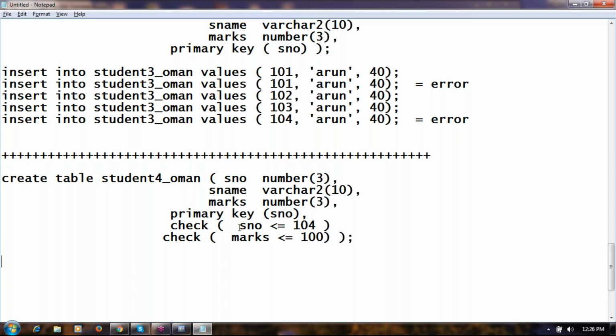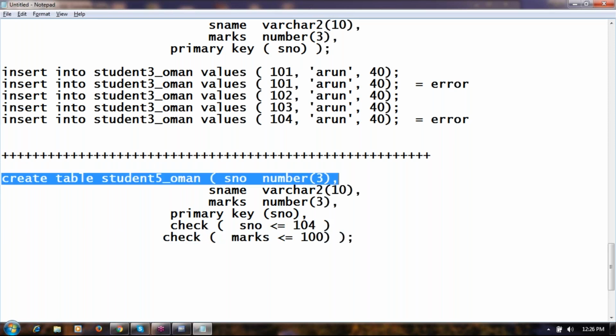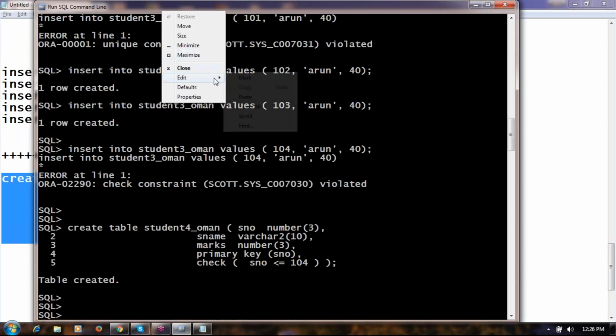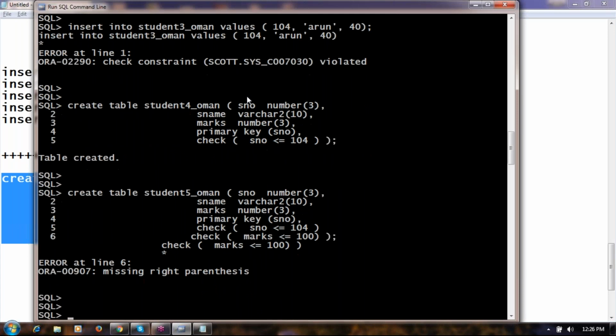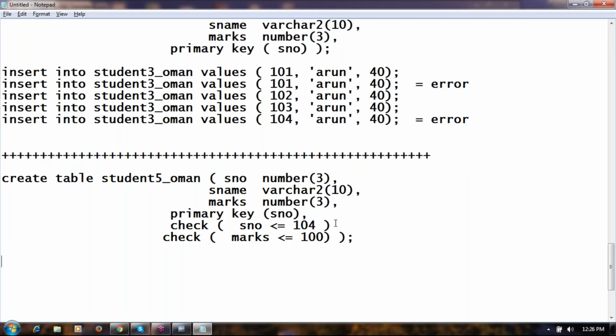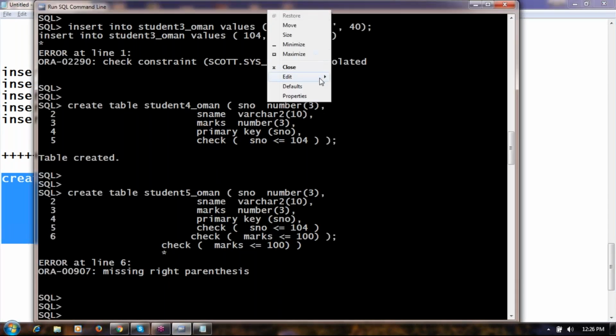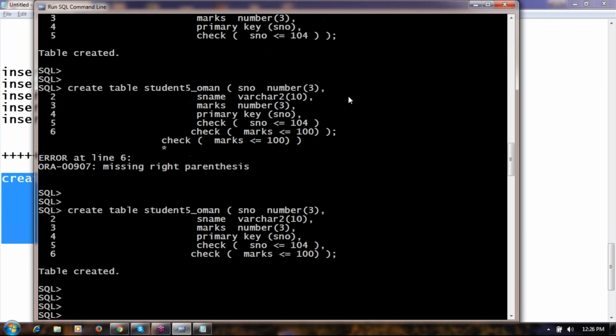Two check constraints: one check constraint applying on S number, one check constraint applying on marks. Comma missing. Table created. Like this, multiple check constraints on multiple columns.